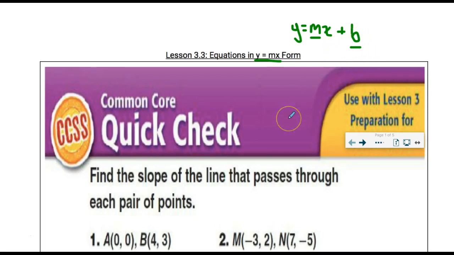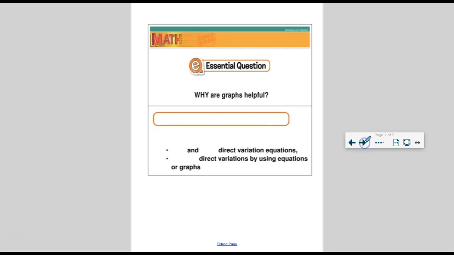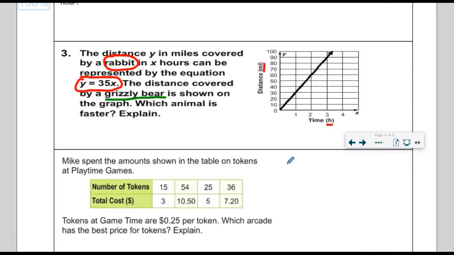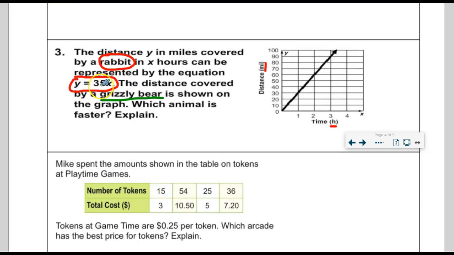Of course, we've been looking at these lines, and they have been intersecting the origin, which means that b is 0. If it's y equals mx plus 0, then anything plus 0 is just itself, which is where this idea comes from, y equals mx. Just something to keep in mind as we continue. So the m is the number in front of the x, which represents the slope. The slope of the rabbit's graph would be 35. And I can very easily calculate using these 2 points